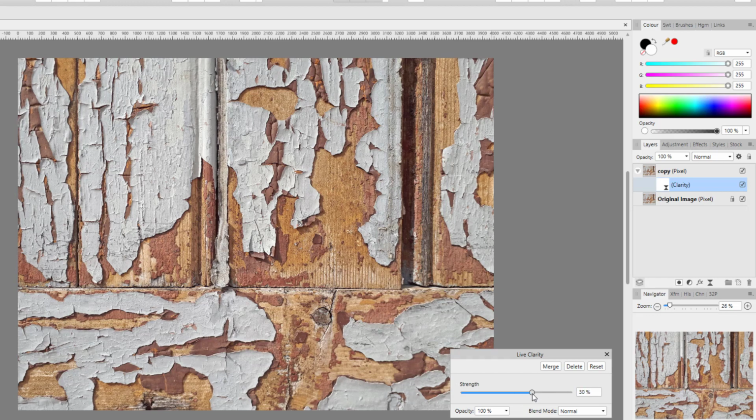Like all these filters, it's probably best to do it subtly rather than crank it right up to 100 or whatever. So that is the clarity. Let me just delete that,